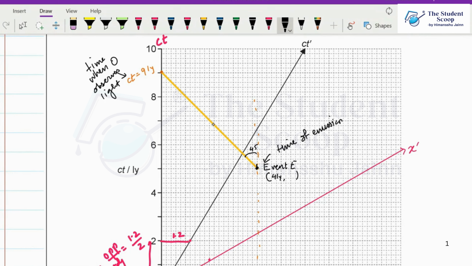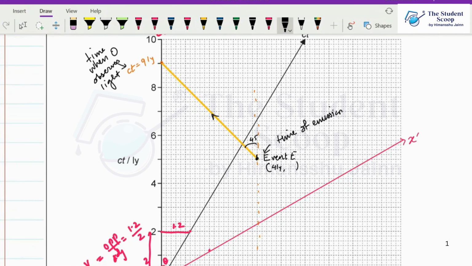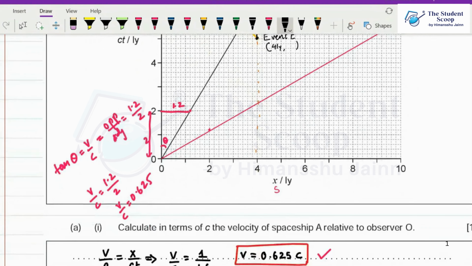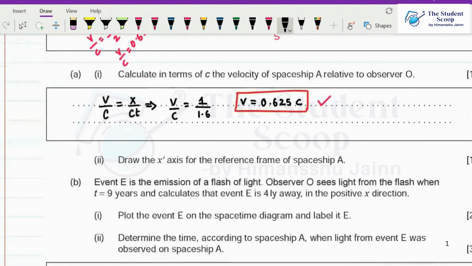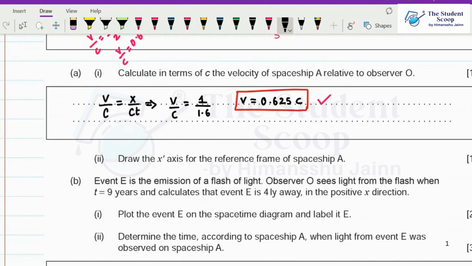Okay, so this has to be clear. The light emitted from this and then eventually reached this. So this is how we calculate the position of event E. Now the question says, after getting that, determine the time according to spaceship A when the light from event